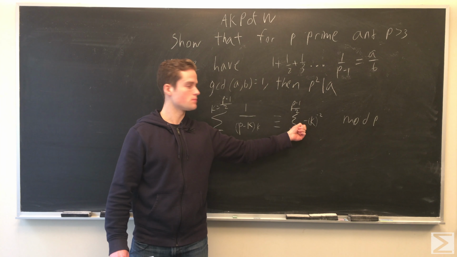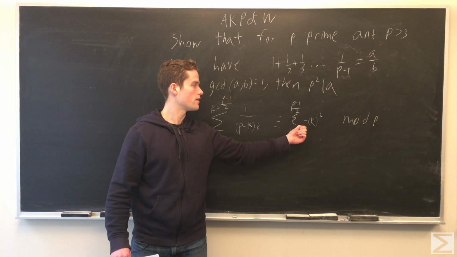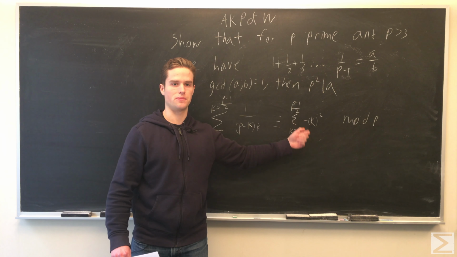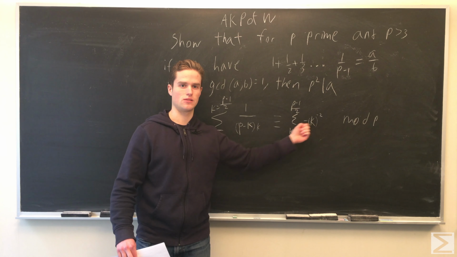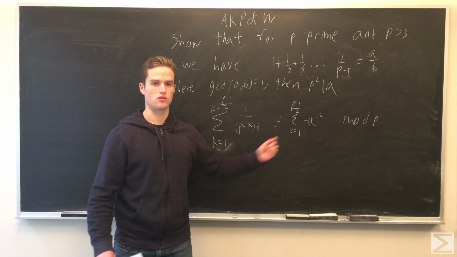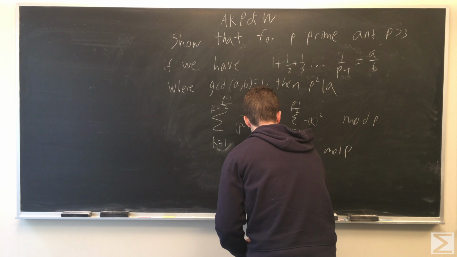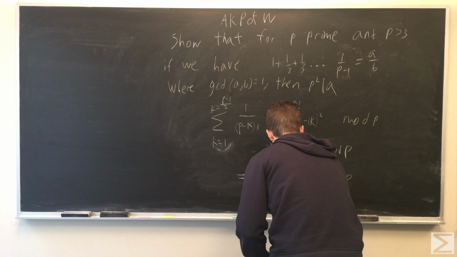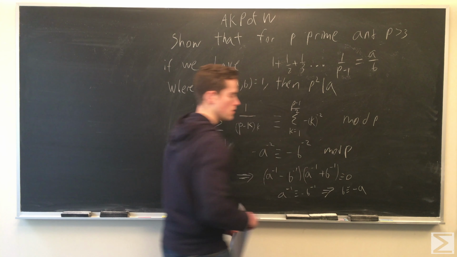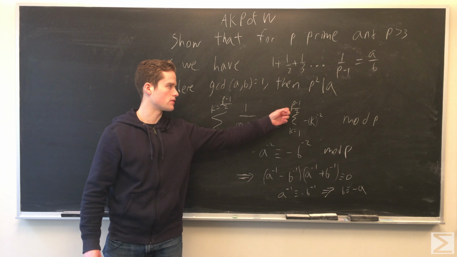So now we want to show that each one of these k to the minus 2, none of them are congruent to each other, and so that we have the sum of all possible squares. There are p minus 1 over 2 possible squares modulo p. I want to prove that we have all of these in this expression. So first assume we don't. So assume we have some a, b in our set of numbers from 1 to p minus 1 over 2,